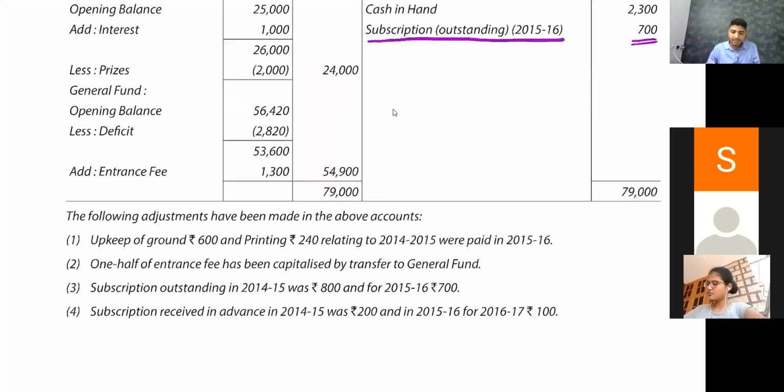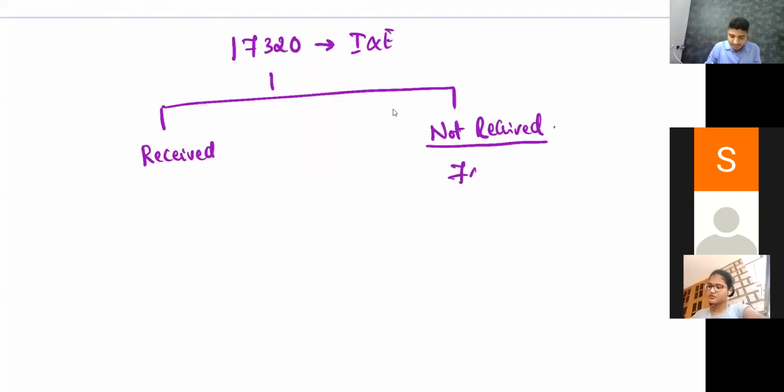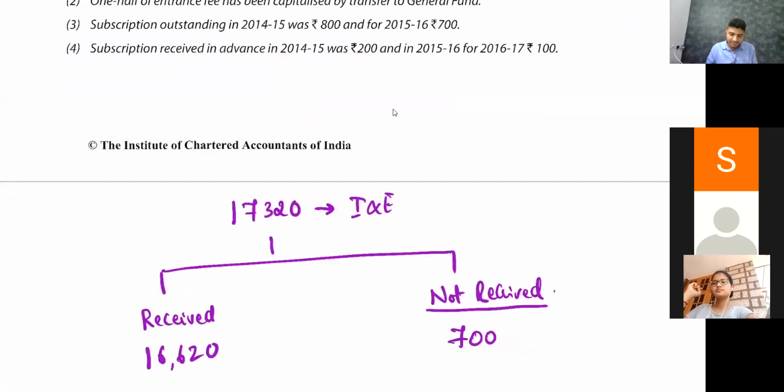Not received is 700. That means how much is received? Out of 17,320, 700 was not received. So how much is received? 16,620 is actually received. Clear? Did you understand this much? Okay. Next, out of this 16,620